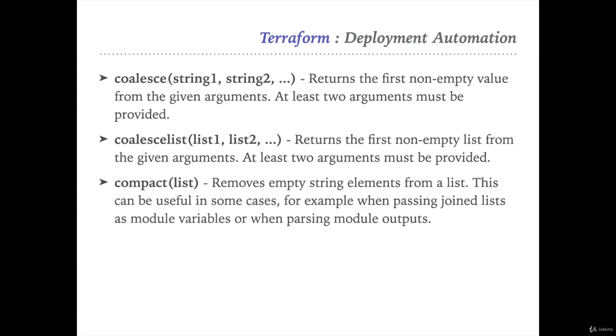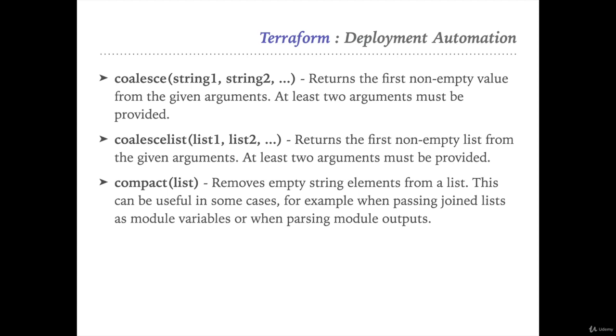The next commonly used function is compact. Compact takes a list as an argument and removes empty string elements from the list. So if the list you supply to compact has some empty values, the compact function will remove all the empty values from that list and return a list which doesn't have any empty value. This is a useful function which you will use in your configuration files multiple times whenever you work